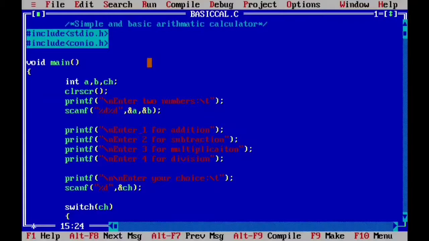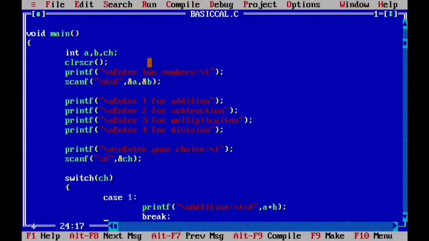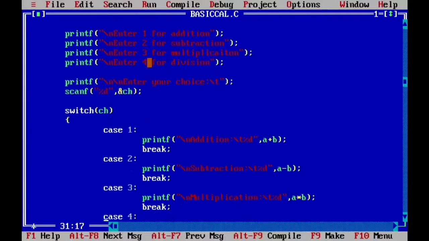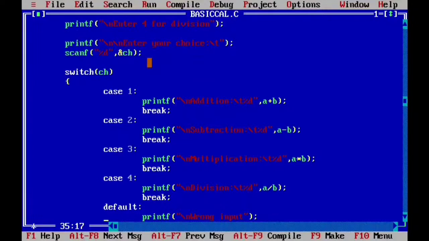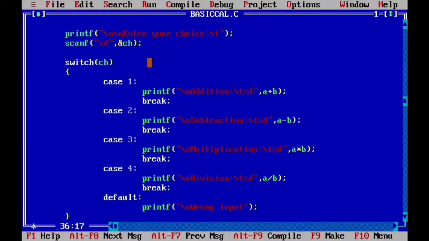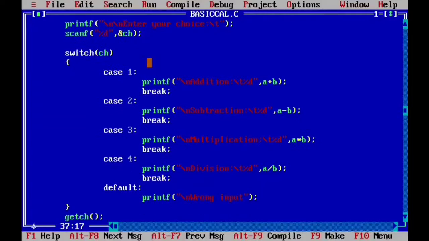After that I'm asking the user to enter their choice, which operation they want to execute. Then switch, and here ch is given, in which the choice of the user was entered. Now depending on the user's choice, one of these cases will execute. If the user gives some wrong input, then the default case will execute.